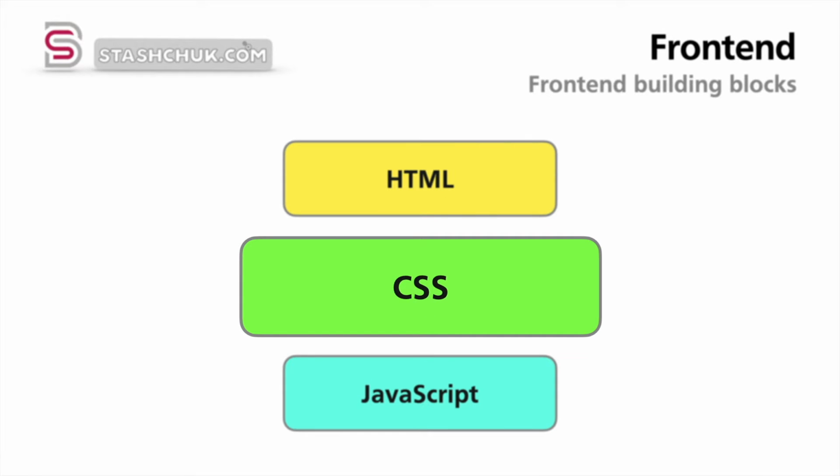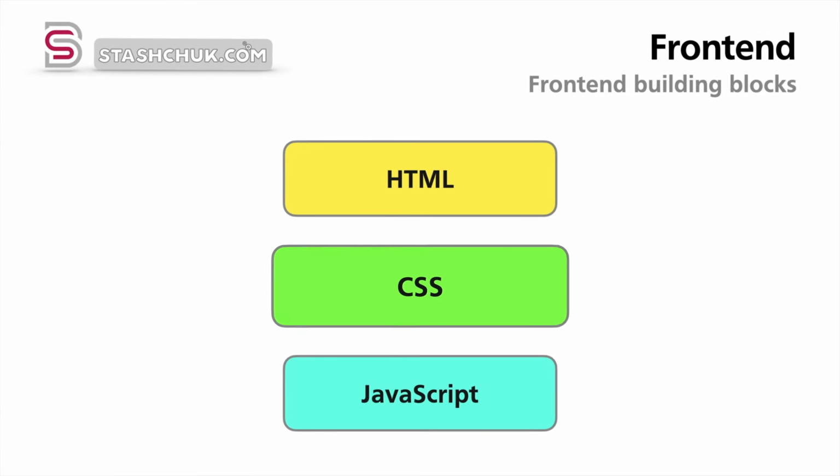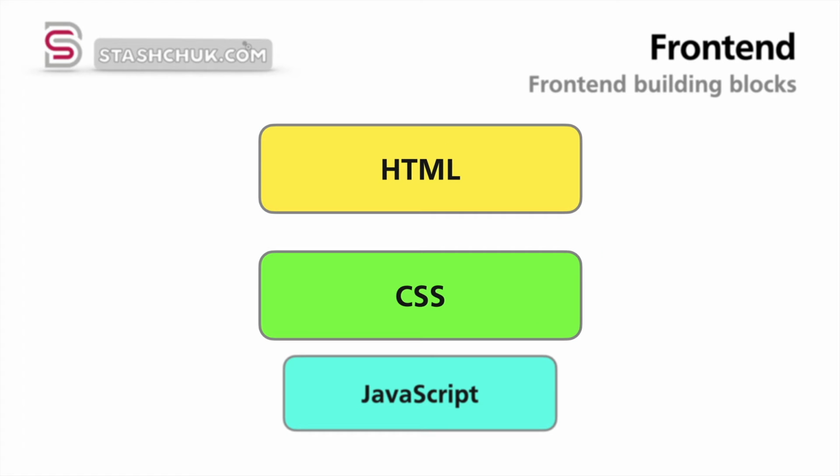Web pages without styles would look really boring. Using CSS you could define different styles for elements on the web page. For example, define width and height of the image, define color and font size of the text, or add shadow to the button. You could create nice-looking web application using only HTML and CSS, but such web application will be